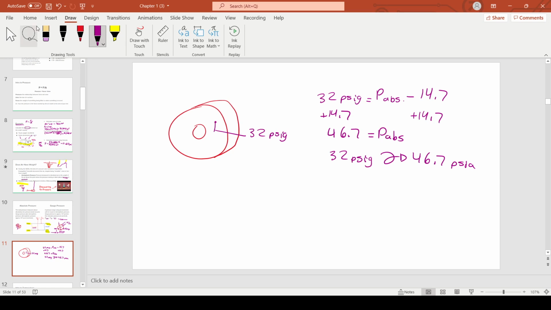Okay? We can also do this by drawing the little thing I told you about, right? So we have 0 psia, right? Two lines. The top line is 0 psig. In the middle, we know that we have 14.7 psia. Okay? So if we know that this up here is 32 psig starting from the 0 point, so we go up 32,